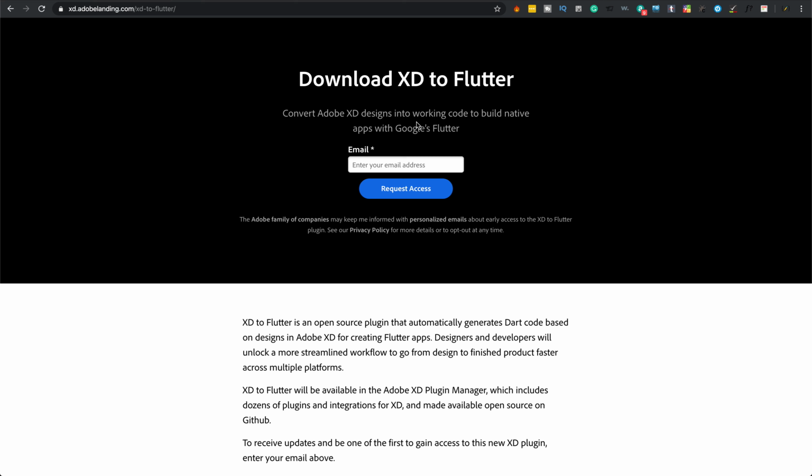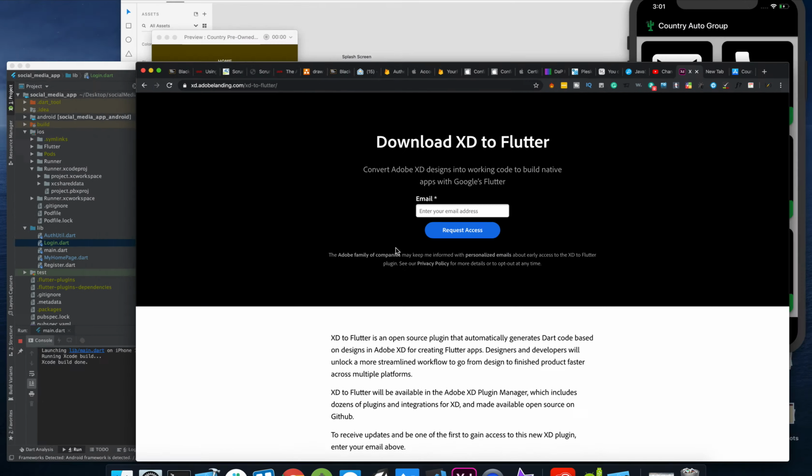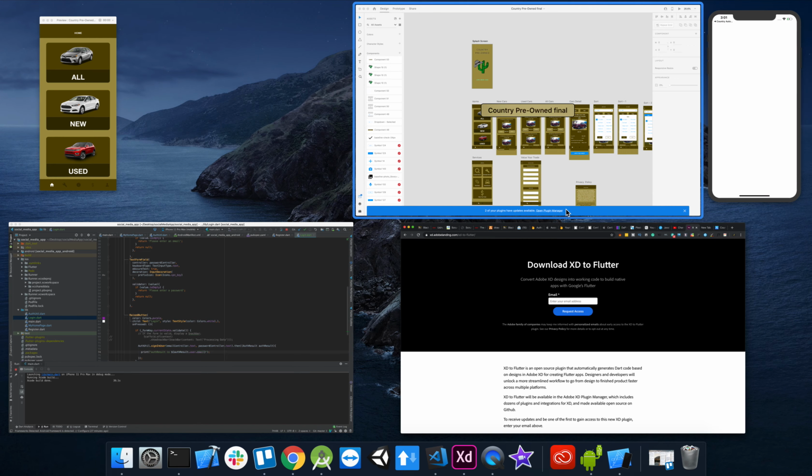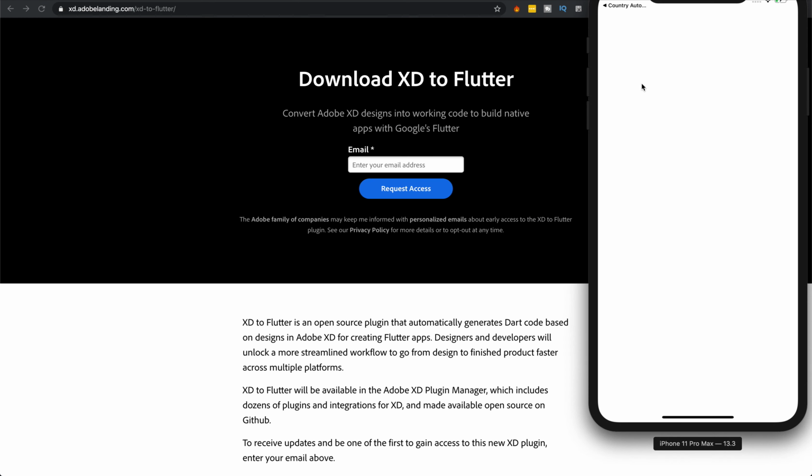Basically, you can turn your XD designs into the UI code. So it's just the UI, it won't be the backend. You won't be able to implement Firebase or provider or bloc or any logic, basically. I believe there is something that kind of does this, and it kind of works, but it's not there all the way. There's some other company that started doing this. So I'll show you that once you log in,